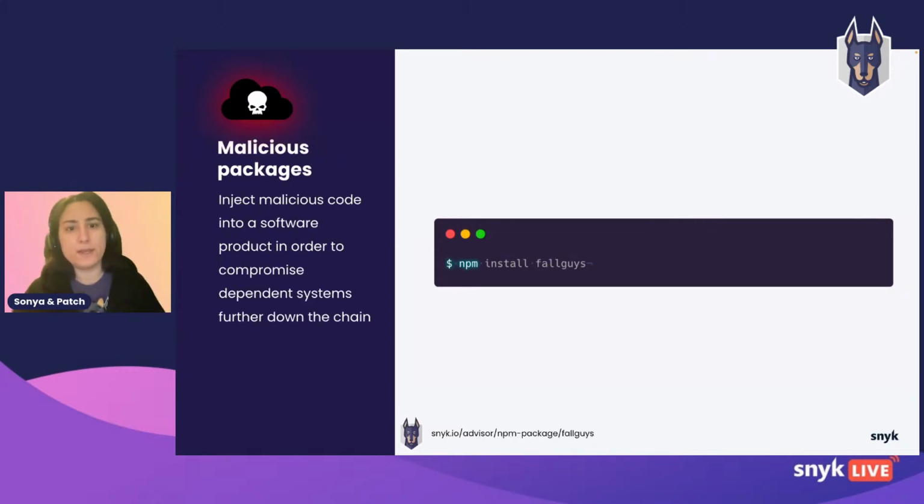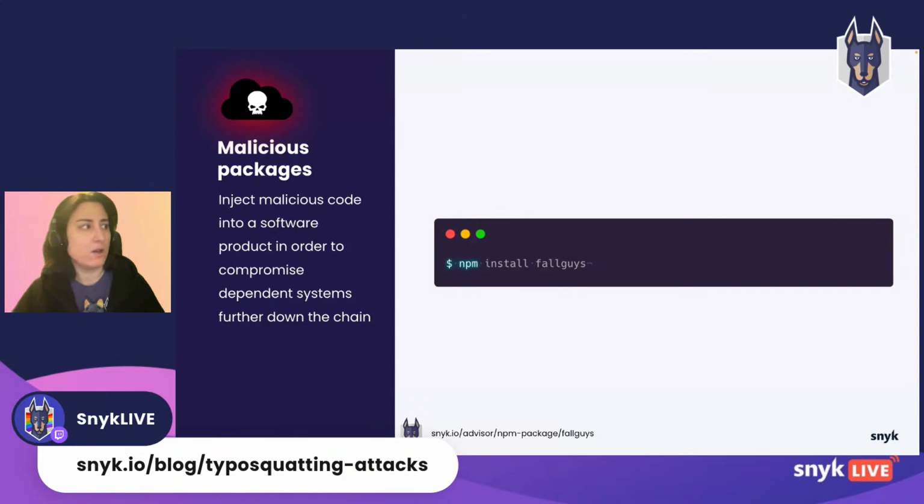Another example is malicious packages, which inject malicious code into a software product in order to compromise the supply chain. In this example, we have a package called Fall Guys, and usually the malicious actor will try to surf on trends. In that case, that game was popular during the pandemic.